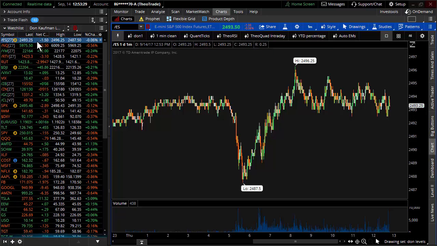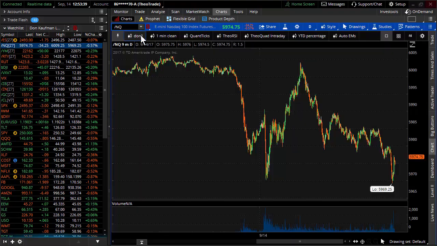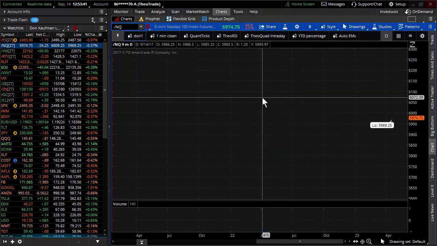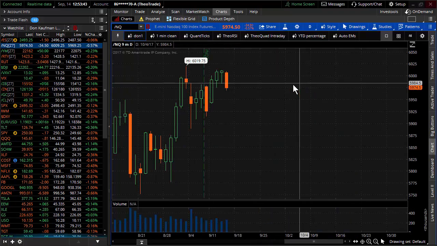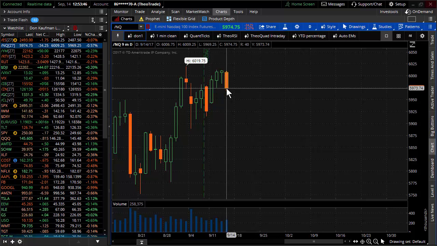S&Ps today will finish, for the most part, massively unchanged. Nasdaq futures are a bit weaker by about 0.6% after unleashing some incredible strength in a few recent trading sessions. It's one of the first days we've actually backed off on the week.